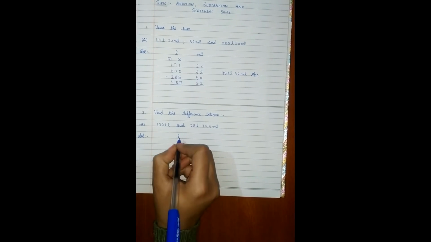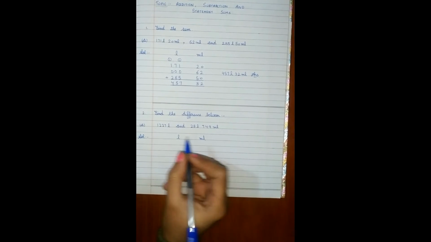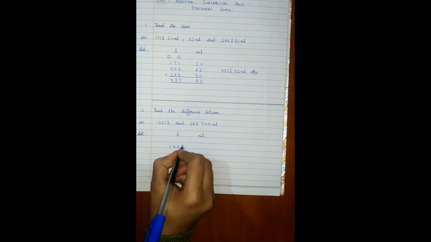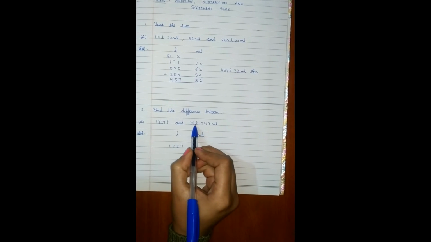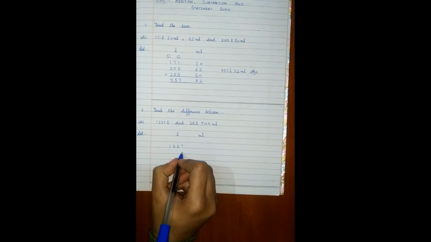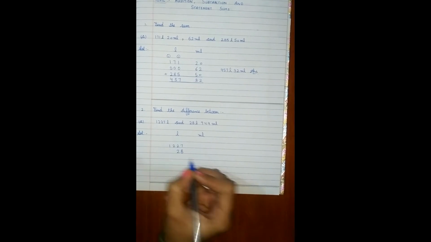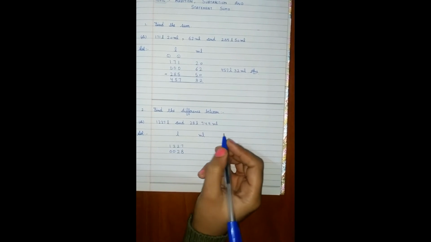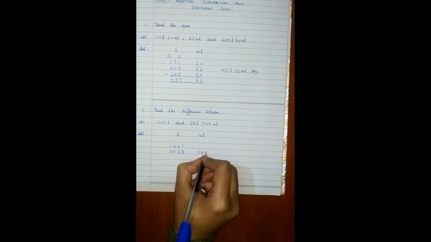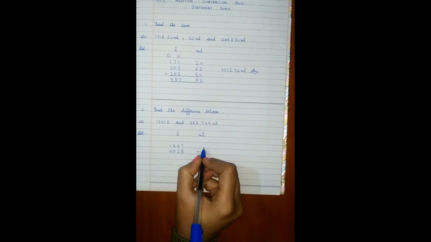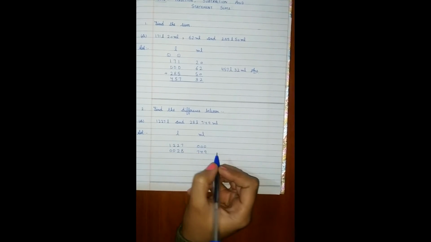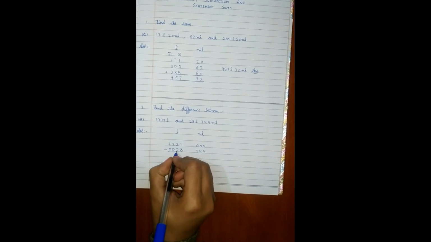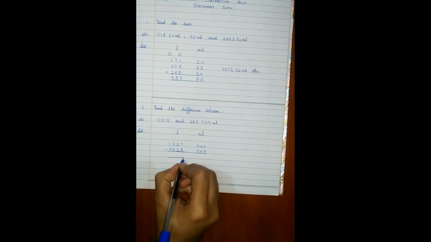So arrange two columns. One is liter, another one is of milliliter. 1227 liters, so write it here, 1227 in liters column. 28 liter, write it here in liters column, that is 28. Here is no number, you can put zeros. 749 milliliter, write it here, 749 in milliliters column. You can see it's blank, you can put zeros here. Difference means you have to do subtraction. So put the sign of subtraction, that is minus.